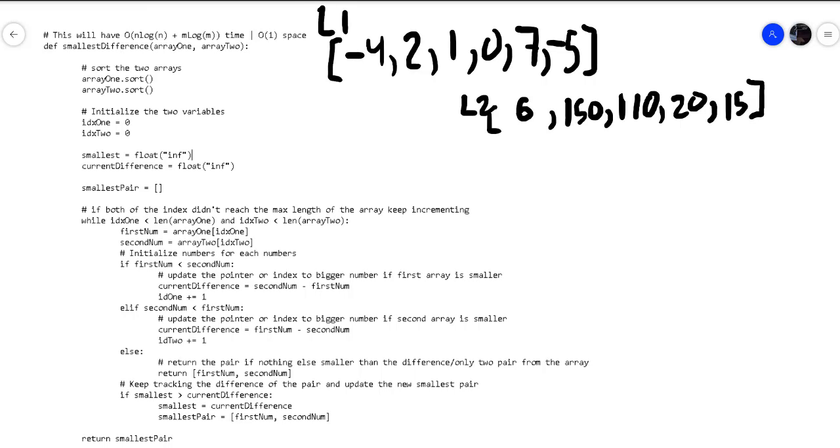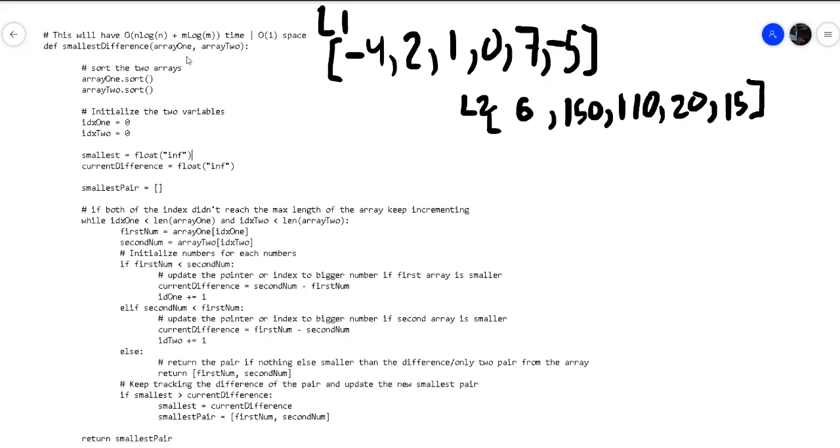So here we have an example that we can use for the smallest difference between two numbers from two lists. This algorithm is basically trying to find two numbers that have the smallest difference from two lists, right? So if we have a look at the list here, list 1 and list 2, and as we already know,